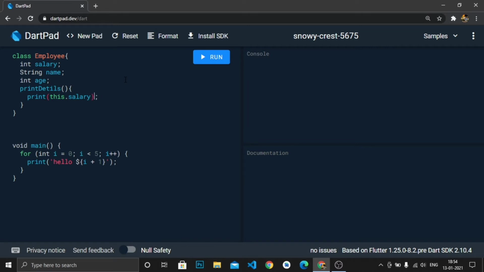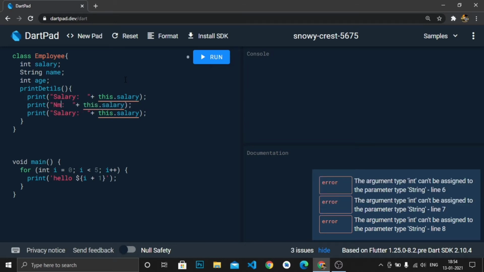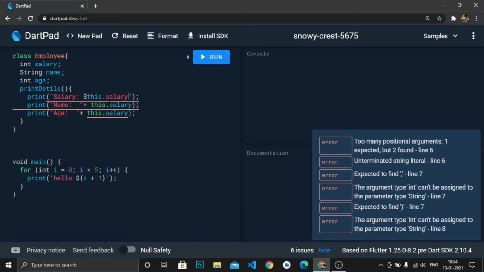Then, we will beautify the output. Salary, then copy, and here is name, here is age, and this should be a dollar symbol.